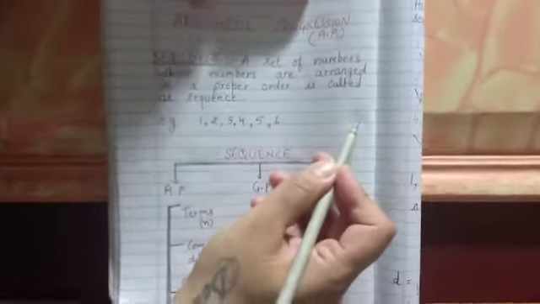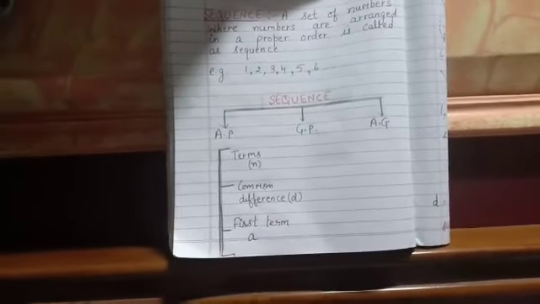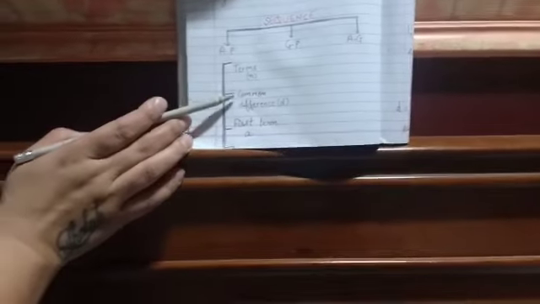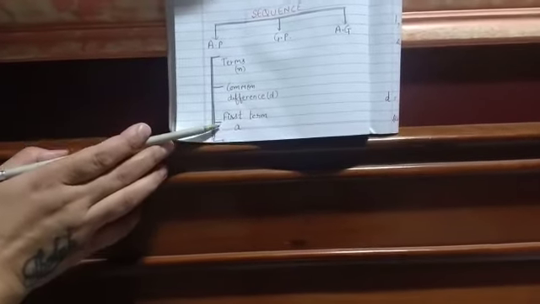As we are writing like this, if they are not going to stop, then it is said to be infinite, right? Then a sequence can be of 3 types. That is, I have written here: AP, GP and AG. So from my intro you have understood we are doing the chapter Arithmetic Progression, which is chapter number 3 in the SSC board, and it is very useful for CBSE and ICSE as well. Now we will be studying in this video about arithmetic progression, that is the terms, what is the common difference, what is its first term, what is its last term.